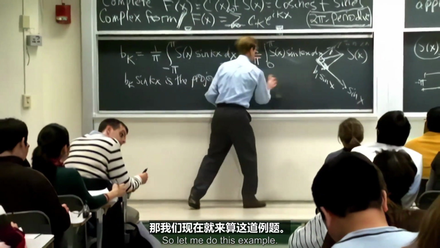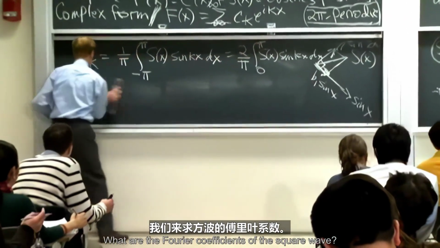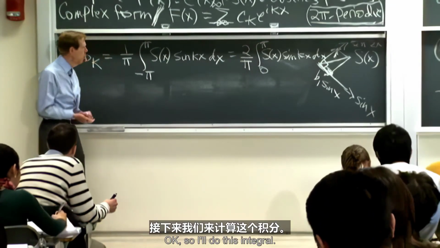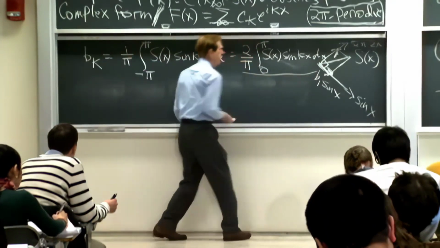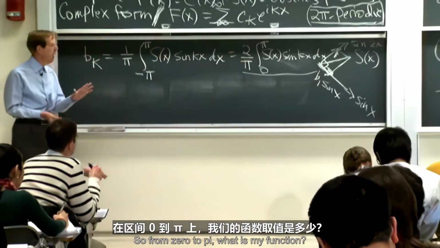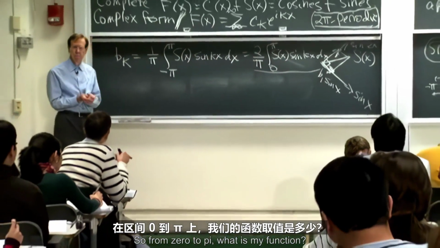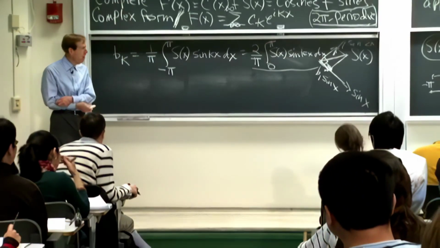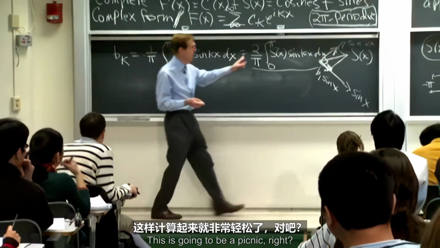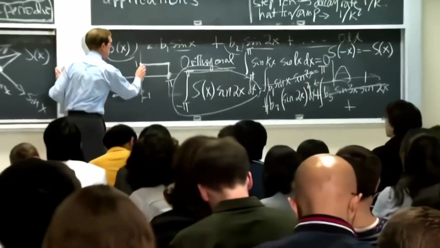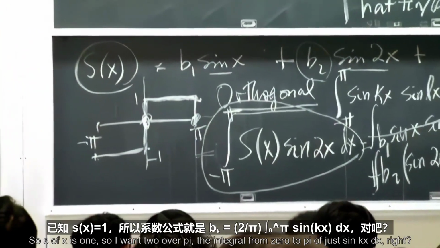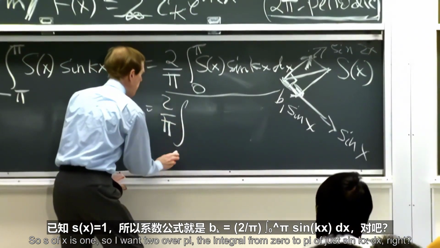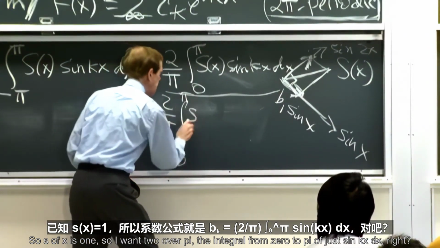So let me do this example. What are the Fourier coefficients of the square wave? Okay, so I'll do this integral. From 0 to pi, what is my function from the graph? It's just 1. This is going to be a picnic, right? The function is 1 here. So s of x is 1, so I want 2 over pi, the integral from 0 to pi of just sine kx dx,